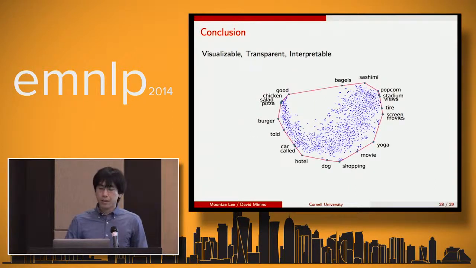So the conclusion is, by mapping our co-occurrence statistics into an extremely low dimensional space based on t-SNE, we achieve visualizable dynamics like this, and it makes the whole inference process transparent, in the sense that we now know why we achieve each of these topics, which is associated with an anchor word. And that topic is now understandable and interpretable because we have an understandable anchor word which contributes the most to each topic. Thanks.